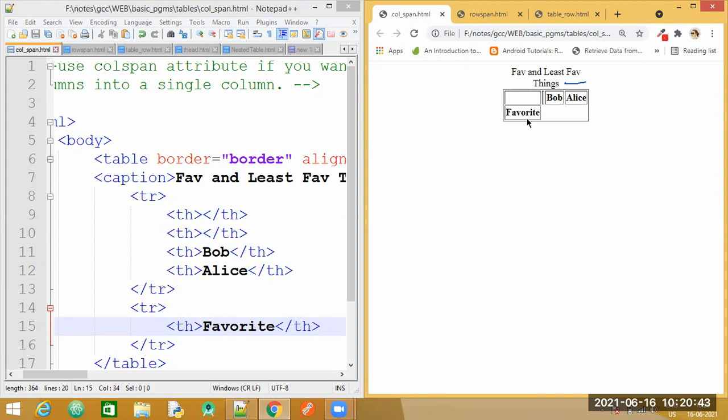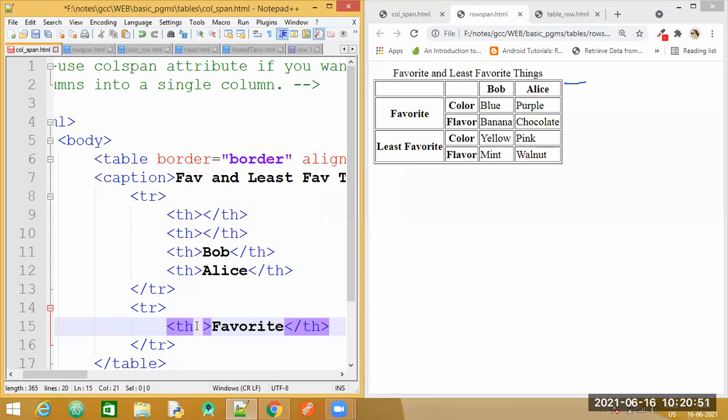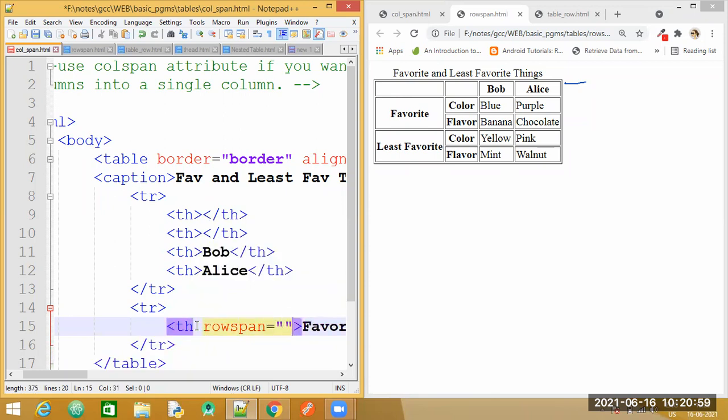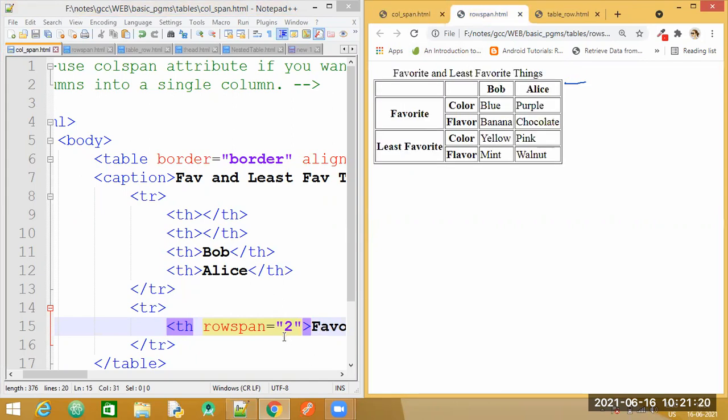Now, in this particular, these 2 cells need to be merged where the favorite word is mentioned. So here, inside the TH again, I'm going to specify the value row span. So can you guess what is going to be the numerical value here? 2. Correct. Let's save again. Come back and check this. Okay. So now whether it is implemented or not, we will be understanding when we continue with the remaining data here.